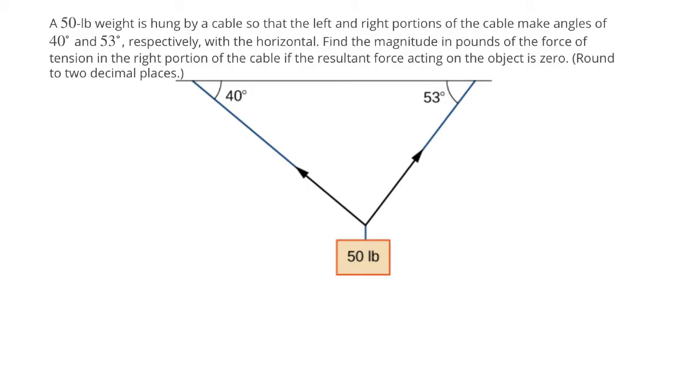So what we have in this problem is that a 50-pound weight is hung by a cable so that the left and right portions of the cable make an angle of 40 degrees and 53 degrees respectively with the horizontal. What we're asked to do then is to find the magnitude in pounds of the force of the tension in the right portion of the cable if the resultant force acting on the object is 0. So the resultant meaning that the object is not moving, so everything is stationary, and all forces, vertical and horizontal,